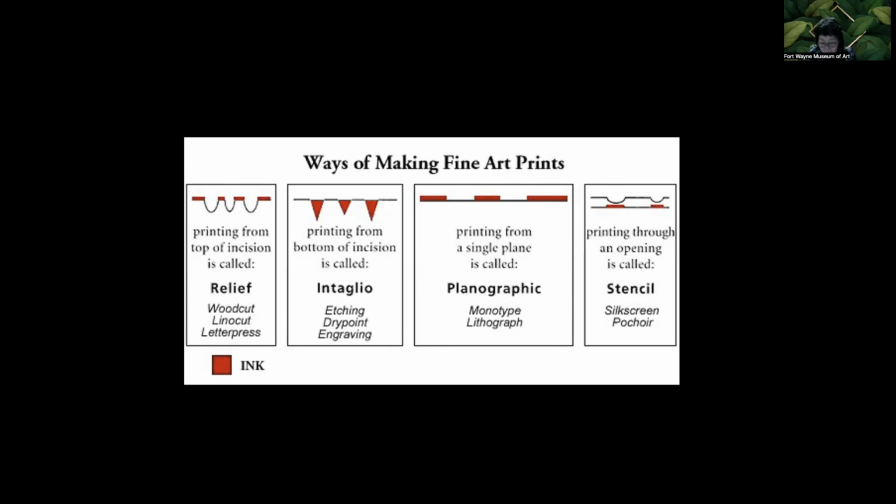In April, we looked at lithography. It is often referred to as a planographic process, meaning that the image area is in the same plane as the matrix. This is unlike relief and intaglio, where there is a physical difference in height between the inked and uninked areas. For this last talk of the season, we will look at screenprint, which is also referred to as